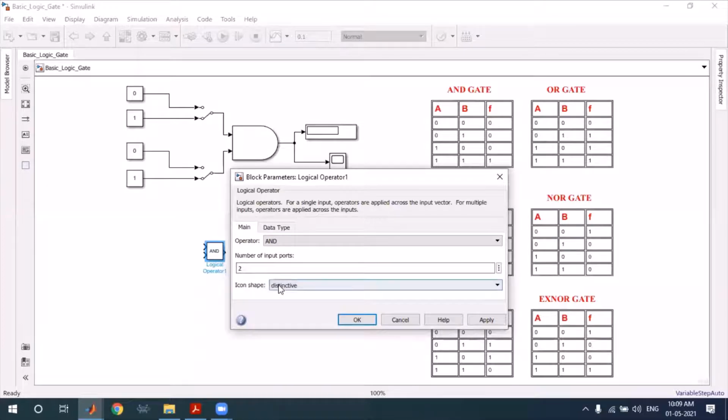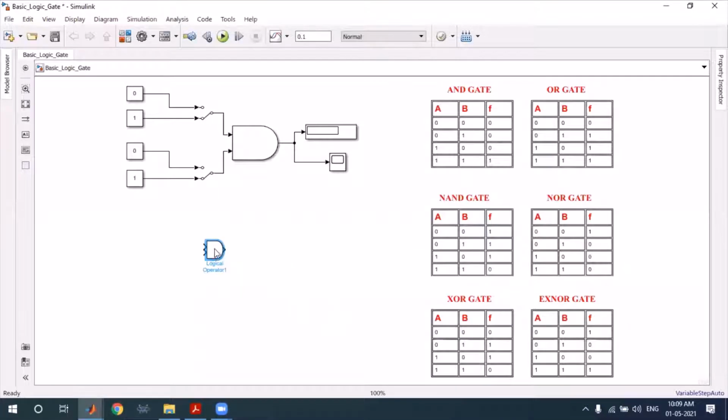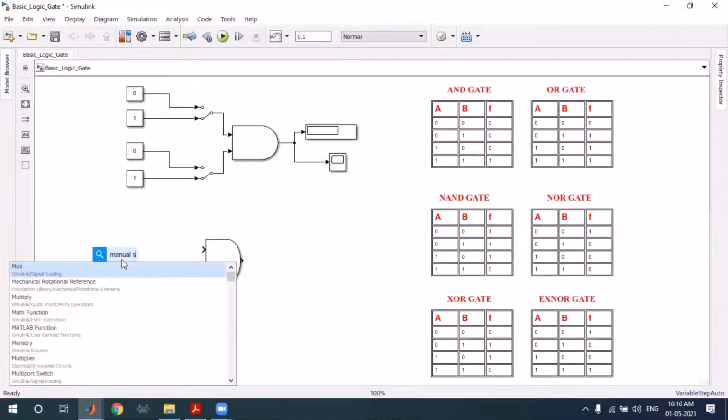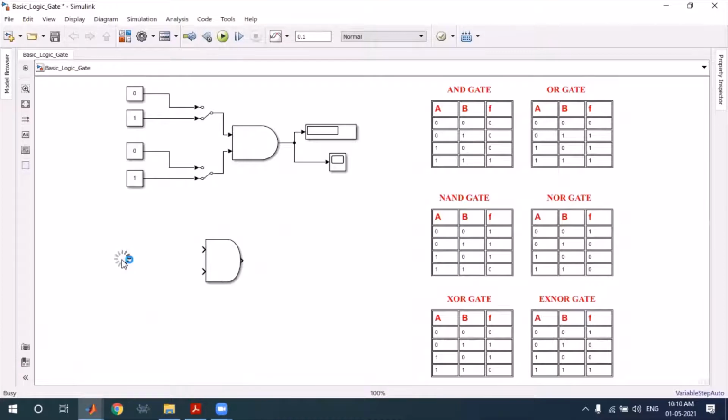For example, we are selecting an AND gate, and after that we need a switch. We have a manual switch. You double click, write manual switch, and you get the manual switch from there.